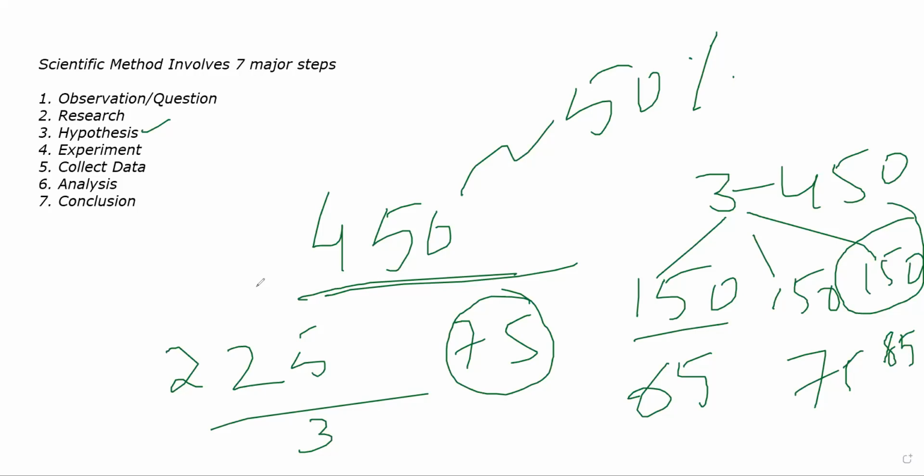Let's suppose you are getting a question: are old people getting affected more by infectious diseases when compared to younger people? Now what will your hypothesis be? You are giving a statement initially. Yes, I think that old people are getting affected by infectious diseases more compared to younger people. That is your hypothesis. This is the initial statement that you are giving.